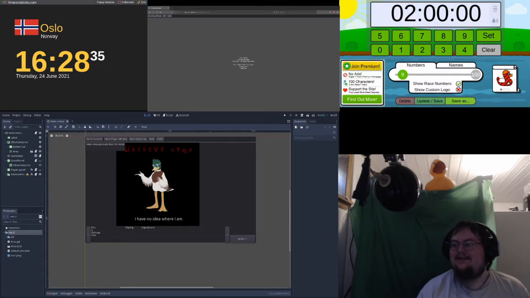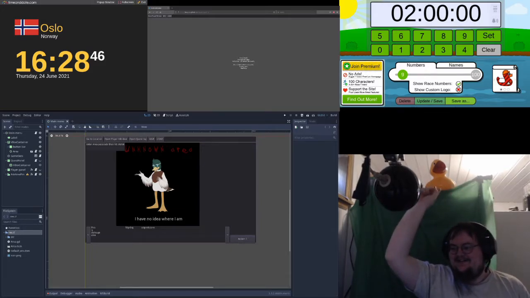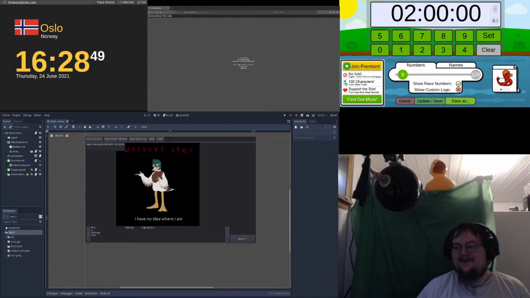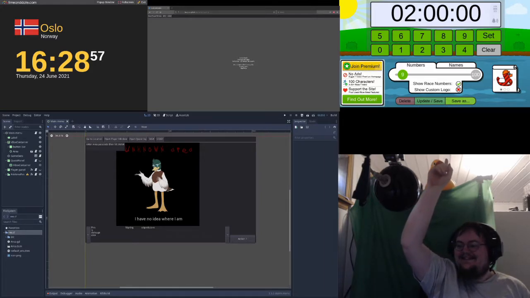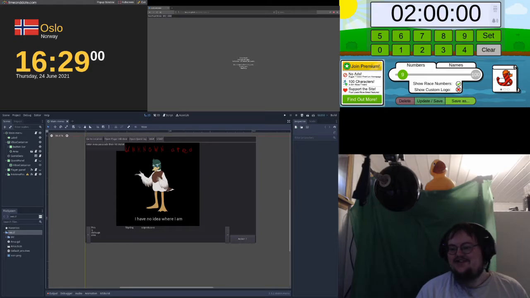Alright, let's just jump back into this and do another coding time lapse. Got my duck up there. There we go. Got my duck countdown right up there. I've put it on 2 hours now. Gonna start it when the timer starts. And I got a clock somewhere way over there. Alright, and well, here's the Godot engine.